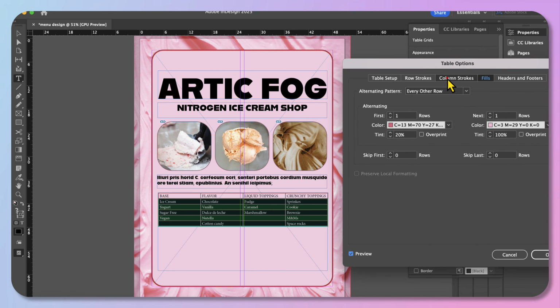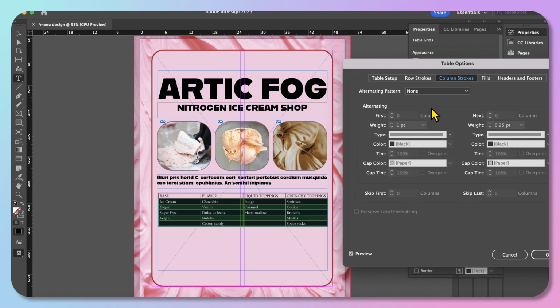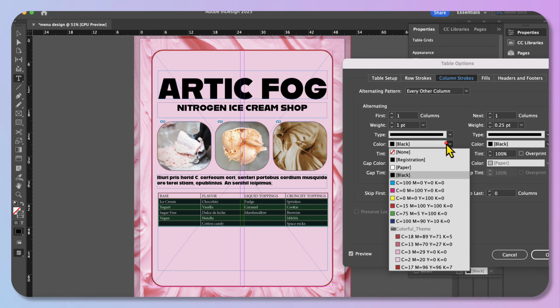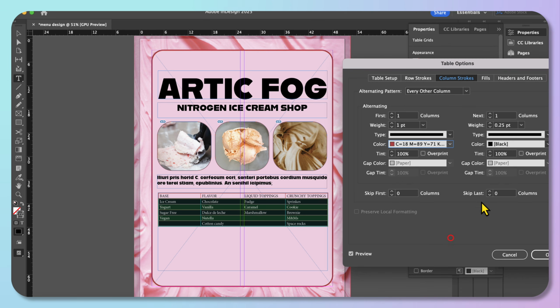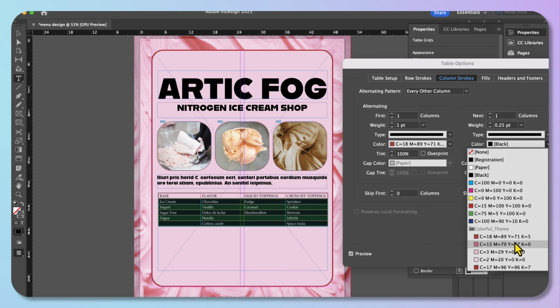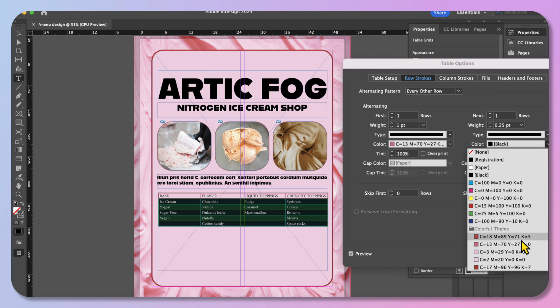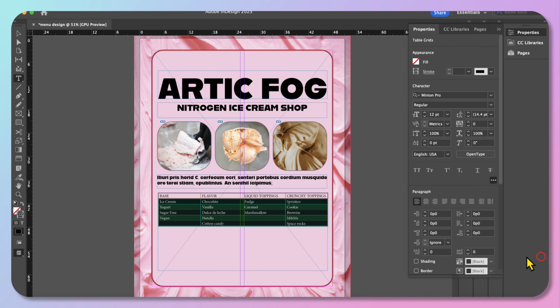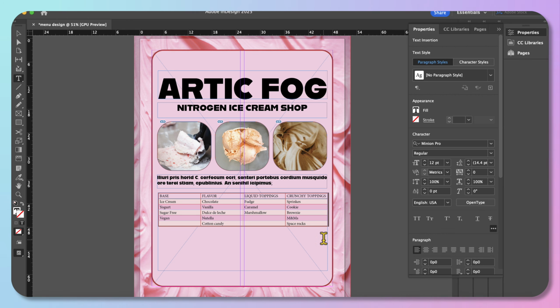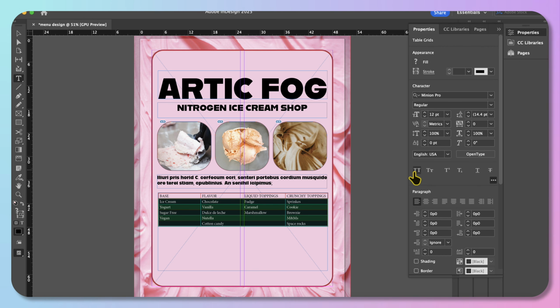I can see that I missed one of the column strokes, so I'm going to select an alternating pattern of every other column, and I'm going to select the same red that I've been using throughout to keep my design consistent, and I'm going to do the same thing for the row strokes. And click OK to see my changes. That looks a lot better, and it definitely looks thematic to the rest of the imagery that I have currently in my design. I'm going to highlight my text again,